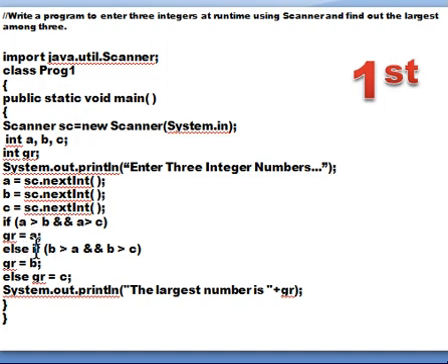Then I am again checking if b is greater than a and at the same time b is greater than c, then actually the greater value is b. So gr is equal to b. And if none of the conditions is true,